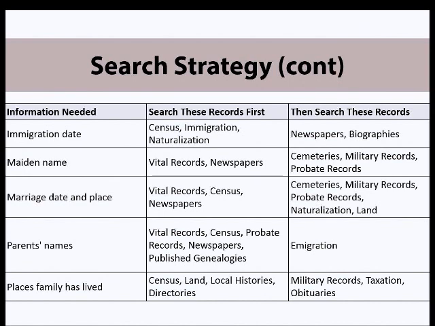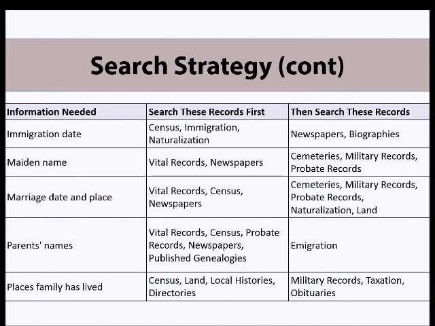For a maiden name, you want to go to a vital record, but other places that sometimes have maiden names are cemeteries. Have you ever seen a tombstone with a person's maiden name on it? Maud Bell Plowman, my ancestor. There it is on her tombstone. Actually, all of her names. Maud Houston Bell Plowman is on her tombstone. Military records, because if a widow is claiming a pension, she has to prove the marriage, and the maiden name